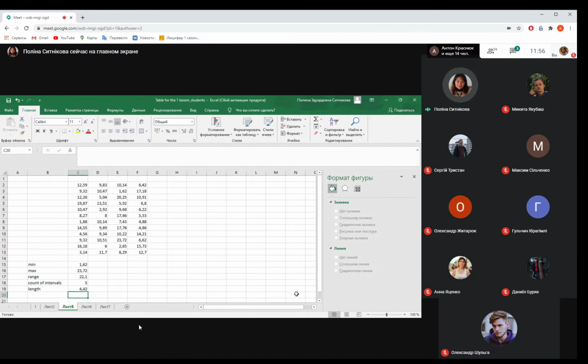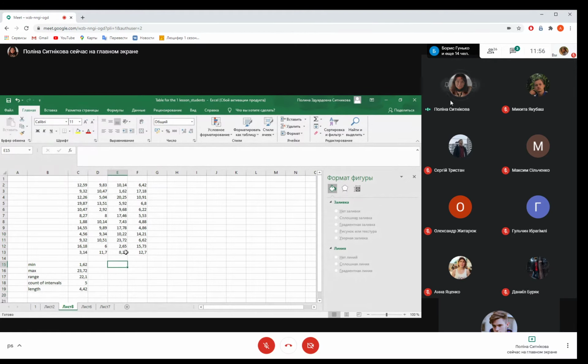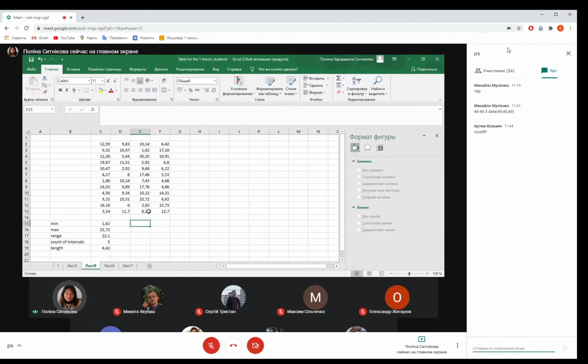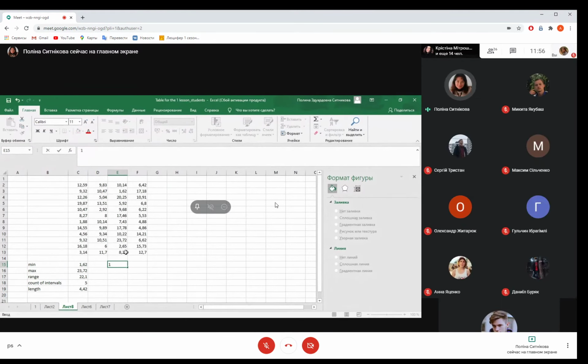So to find our intervals, we should add this value to the minimum, to get the next bound of the interval, and so on. The first interval will be,